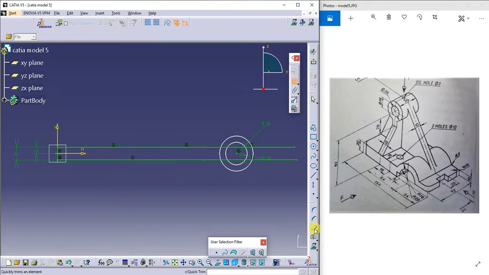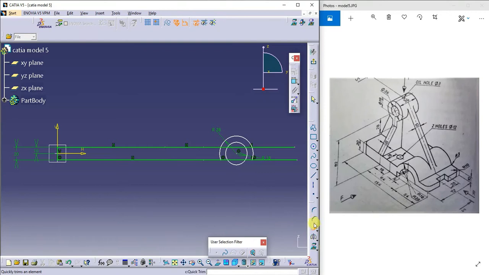Next, I'll go for the trim command. I'll trim the unwanted portions here. Click on the trim command. I don't want this portion. Double click on the same command so there is no need to go for the same command again and again.